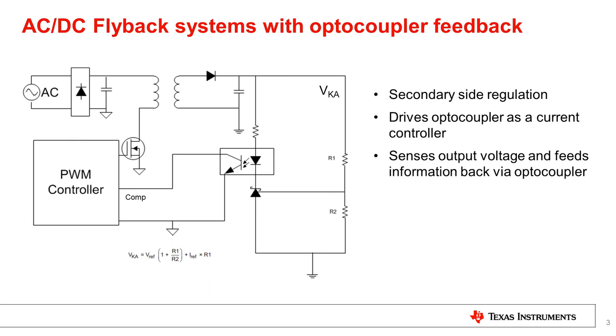The shunt voltage reference, as shown in the circuit above, is normally used in secondary side regulation where it acts like a voltage to current controller to drive the optocoupler within the feedback circuitry. It senses the voltage output, VKA, via the resistor divider. Depending on the voltage level that it senses, the shunt reference can drive the current of the optocoupler higher or lower. This will then drive the comp pin voltage of the PWM controller, in which the controller will adjust its PWM signal to drive the output voltage at the secondary side accordingly.